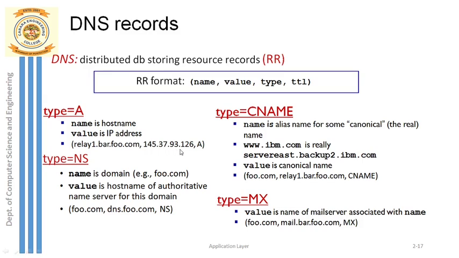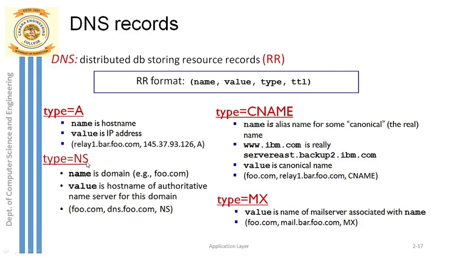Now the second type is type field. It can be NS. NS indicates here the name server, name in the sense name of the DNS server. So what is that name of DNS server? We will see. In type NS record, what should be this first field again? First field is same, domain. So what does the domain mean?